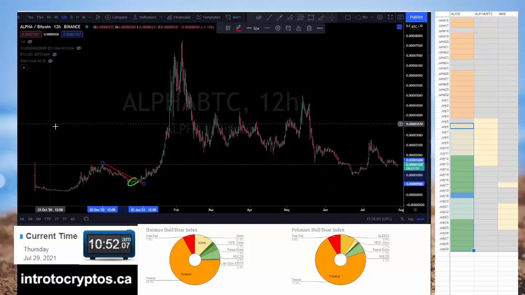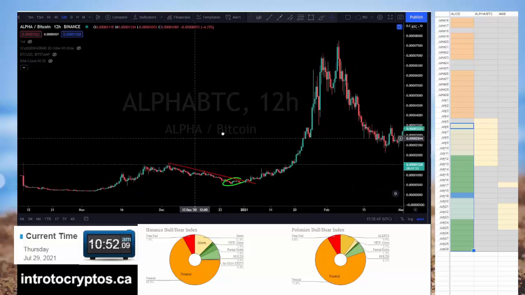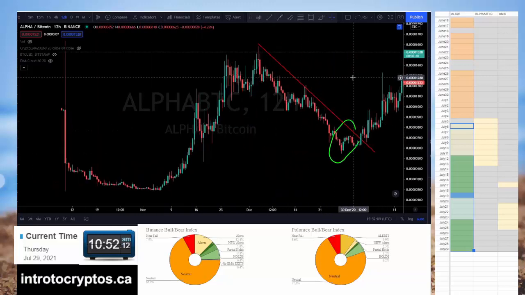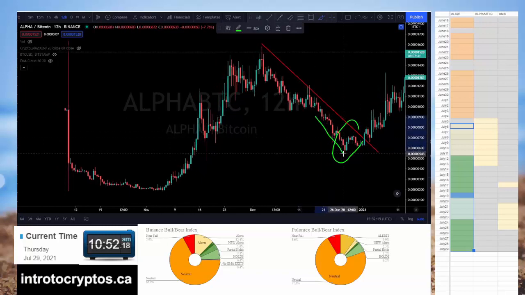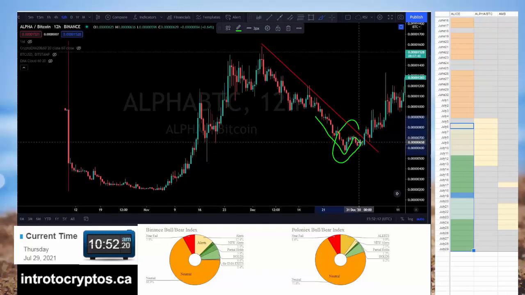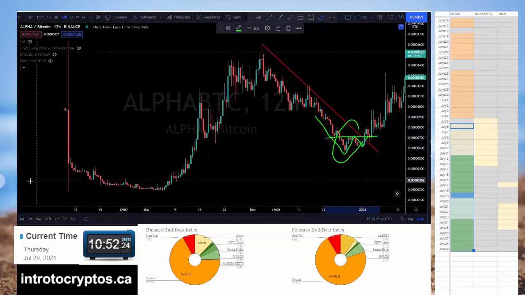The next requirement is that it makes a 1, 2, 3 bottom formation. So we zoom in on this. Sure enough, it made a 1, 2, 3 bottom formation right there. We can see it made lows from this trend, came up, tried to go lower but failed, and then it broke above that